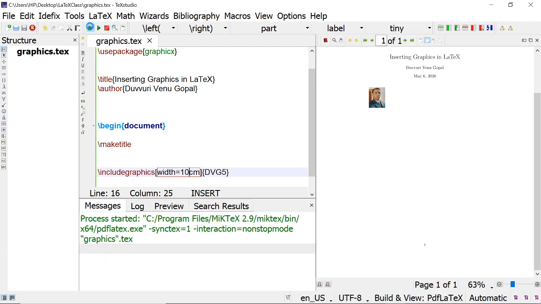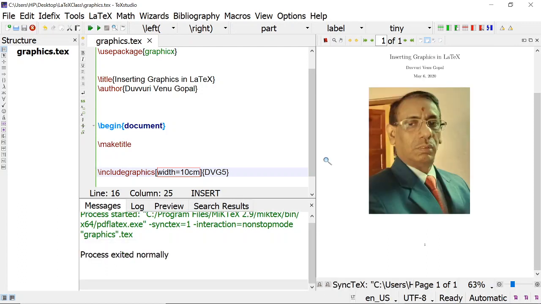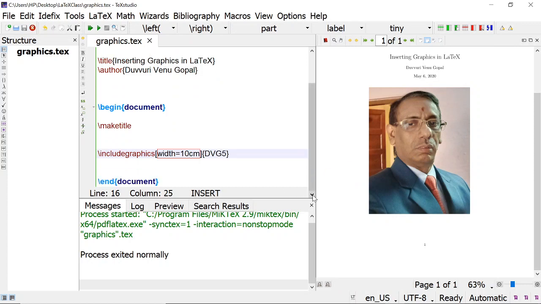See, so this is the simple way to insert our graphics. includegraphics, no space, then the name of the file in curly brackets, and in the square brackets before this curly bracket we will give the width or height.